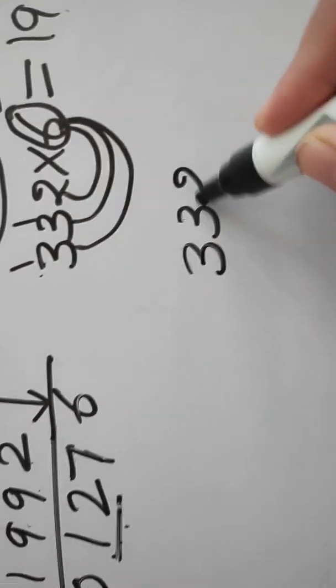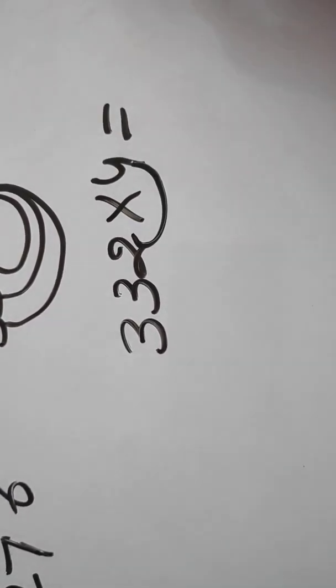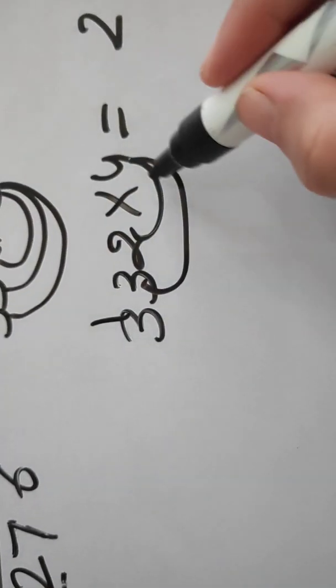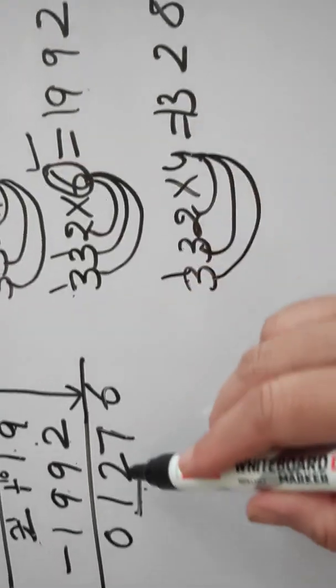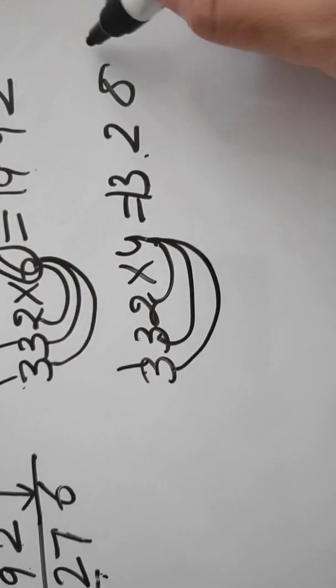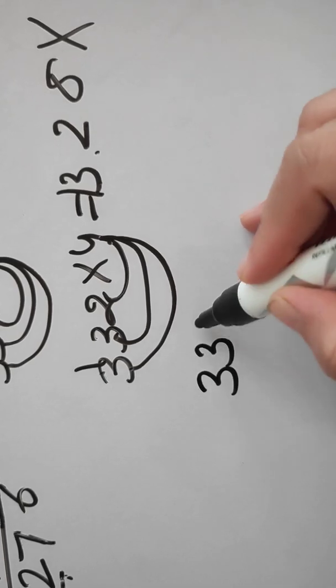The table goes on 4s. 3 fours are 12, so let us check. 332 you will multiply by 4. What is the product here? 4 twos are 8, 4 threes are 12, 2 here, 1 goes as a carry. 4 threes are 12 and 1 is 13. Again it becomes greater than this. 1300 here is more than 1200, so the table will not go on 4s. So now we will check one step back.